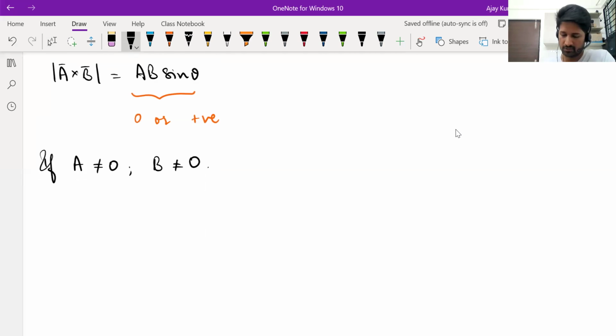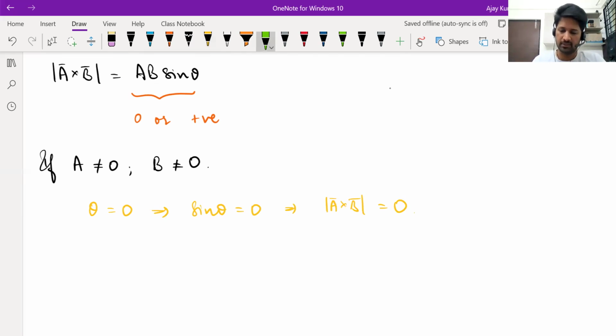Magnitude of cross product becomes 0. So yes, sir, when? If they are parallel. Okay. Theta is 0, then sine theta becomes 0. That means magnitude of the cross product becomes 0. That is one possibility. Any other possibility